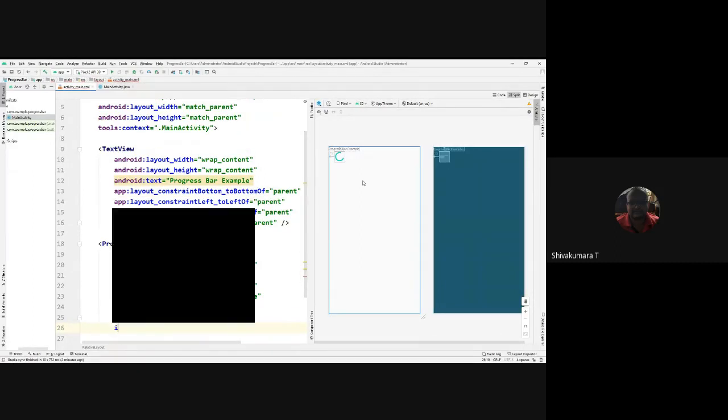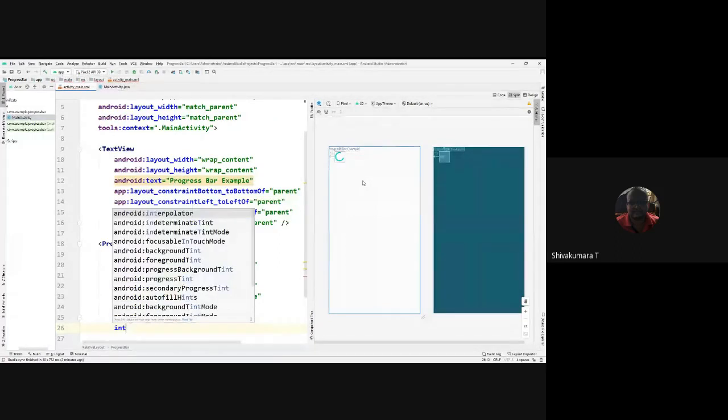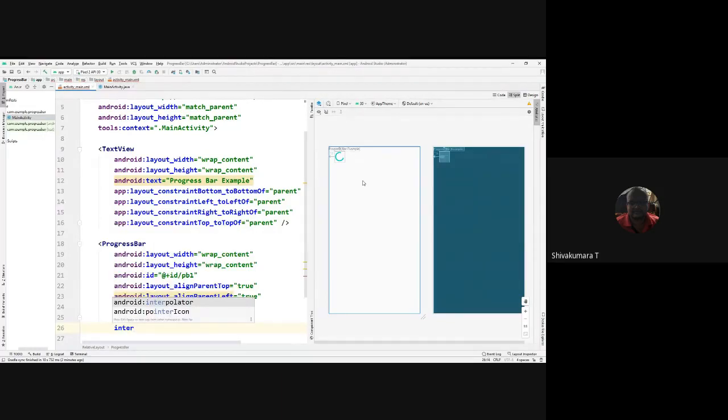Indeterminate, sorry, not intermediate, indeterminate value is false.